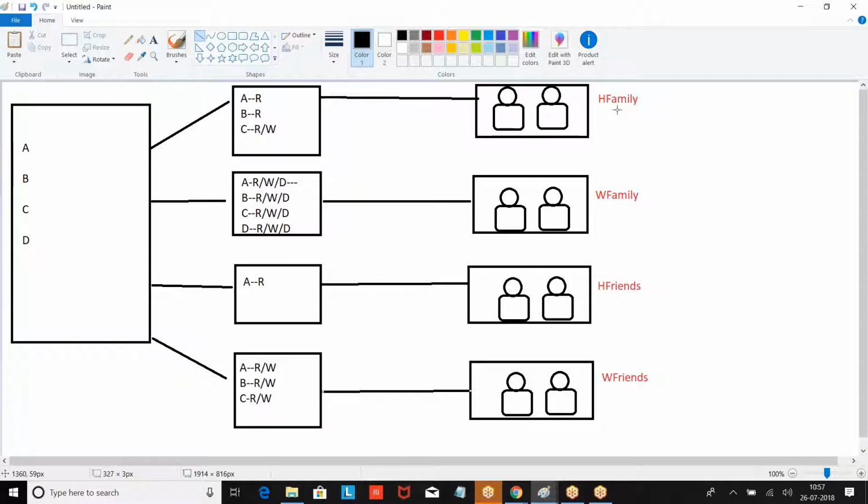How this object should be displayed to users is defined based on the page layout. Each one is a page layout: page layout 1, page layout 2, page layout 3, page layout 4. On an object, we can create multiple page layouts. But for every profile, how many page layouts will come? One page layout.